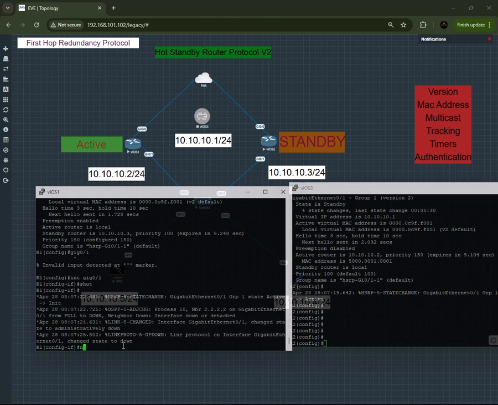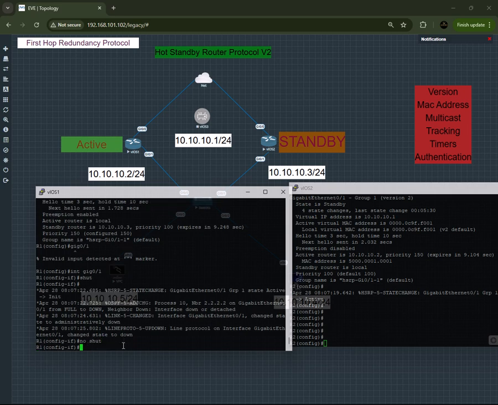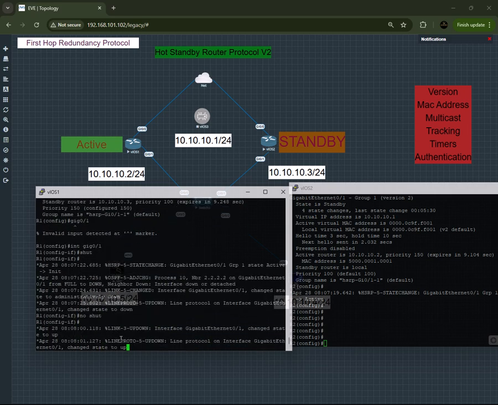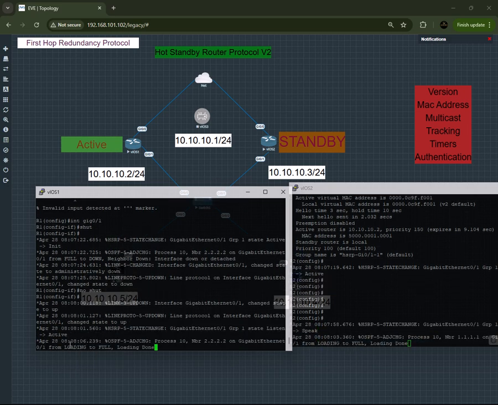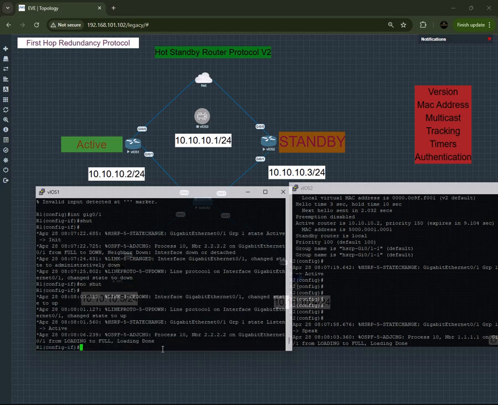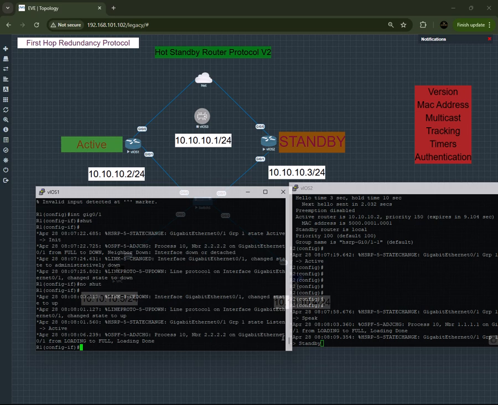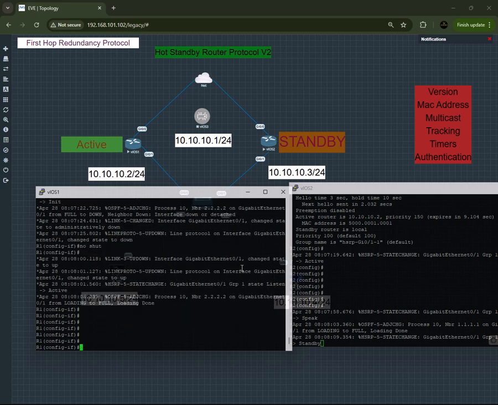Now let me hook up the interface again and re-explain this. Because now the interface is up, it will take its role back by force because of that preemption configured on the interface. And the OSPF will also form the adjacency or the membership between the two routers that are running OSPF. Alright,